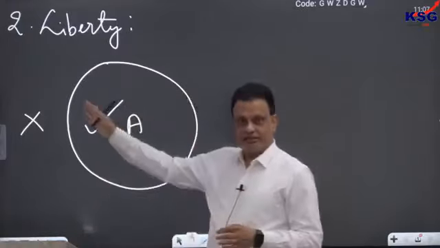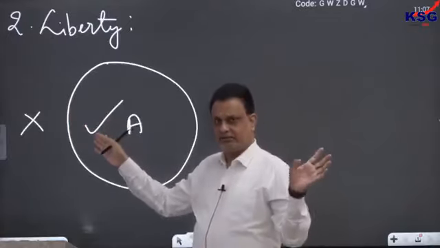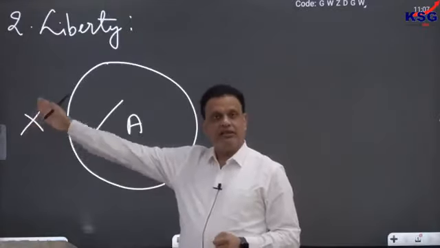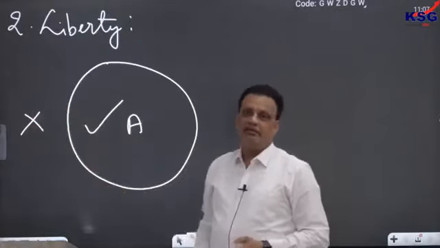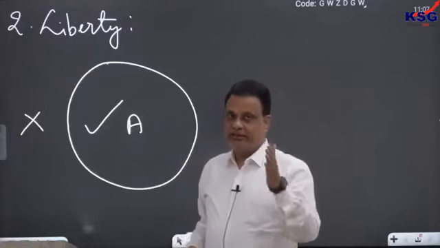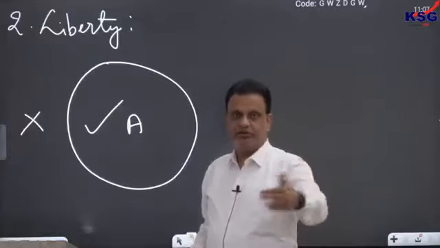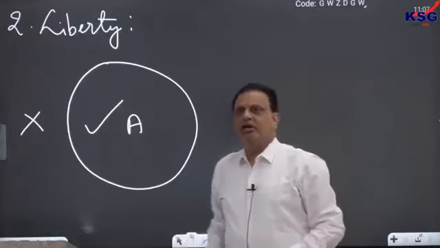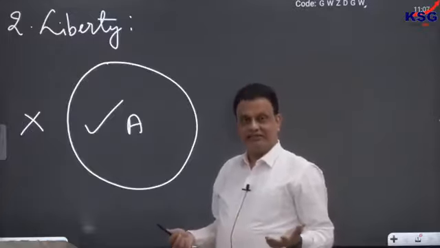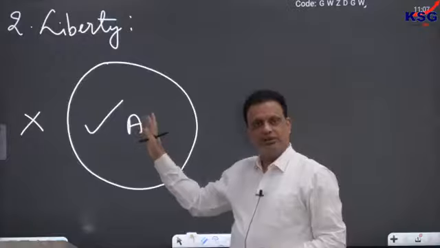So, in the literature of liberty, we do not define any action as right or wrong. We only define the space, the area, so that within that area, everything that a person does is right. There is no wrong within that. Wrong exists only outside that area. So we create a boundary, a limit. Within that boundary, everything is right, and outside that boundary, everything is wrong. In Hindi also, as we often say, Adhikar Kshetra. Kshetra means area. So within my area, whatever I am doing is right.